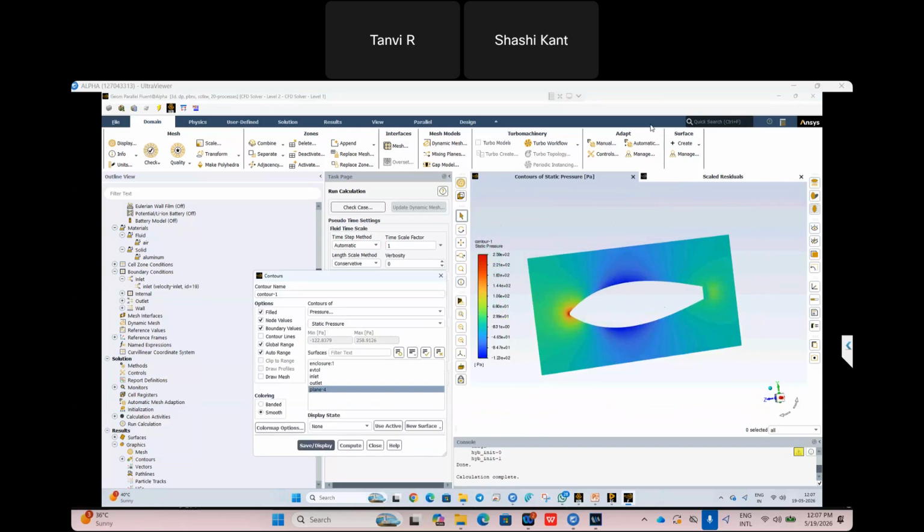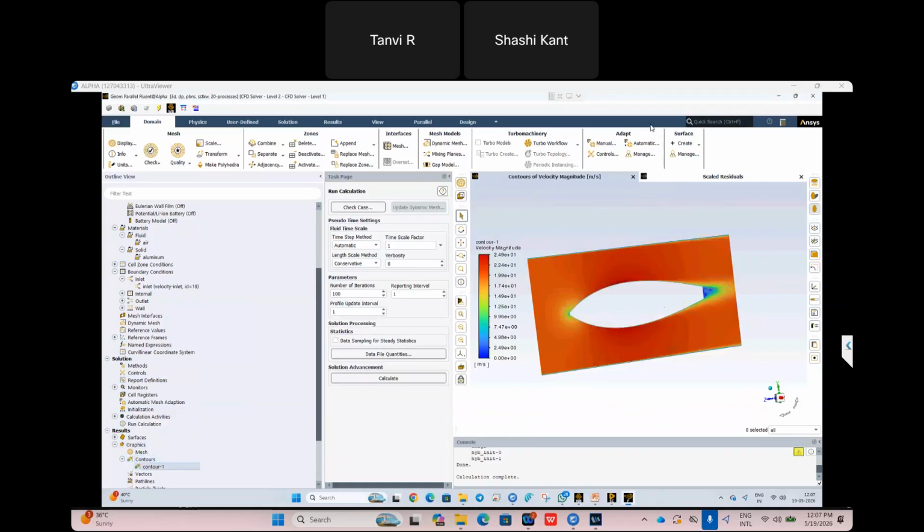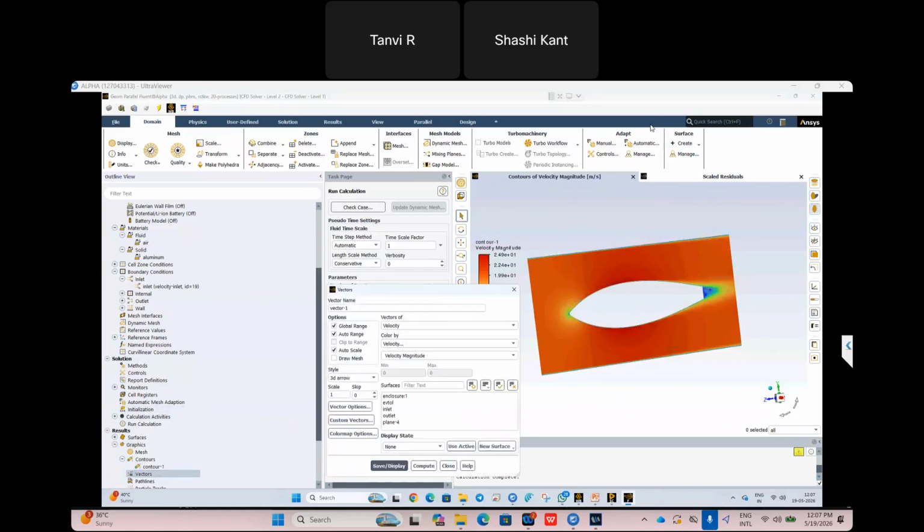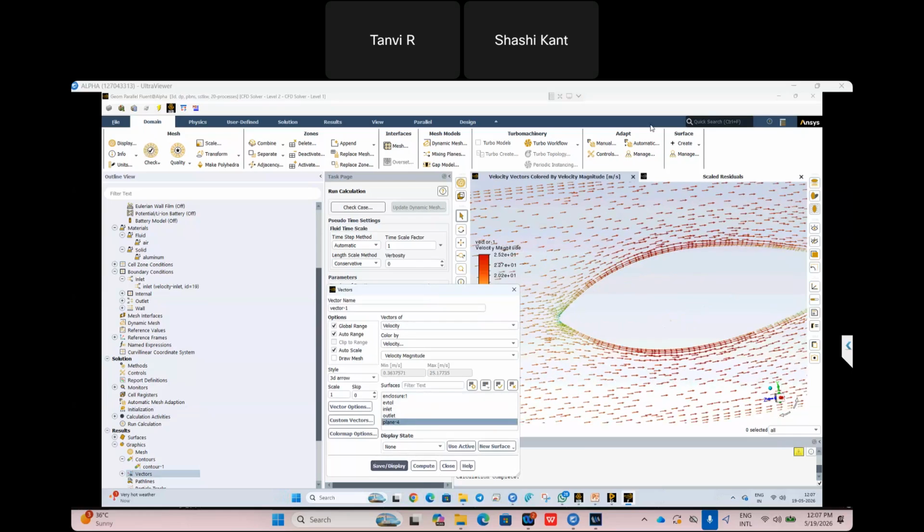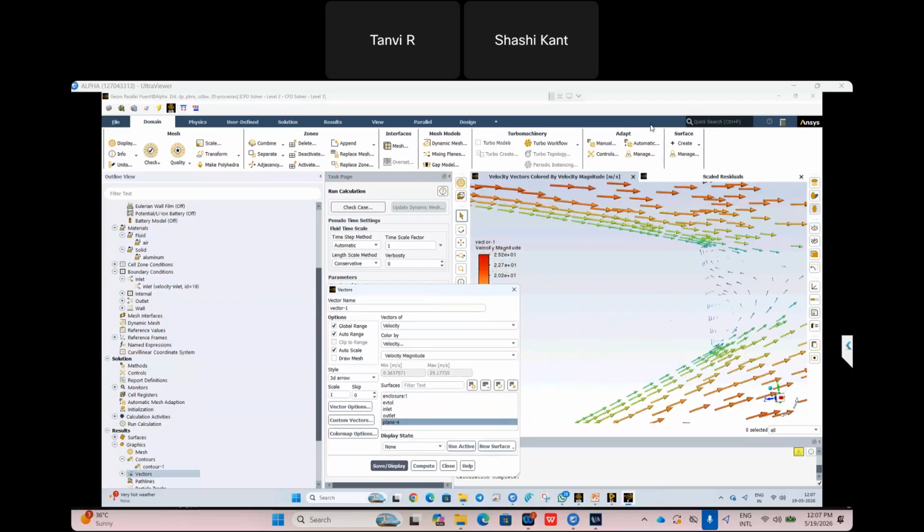Okay. And let's suppose you want to see velocity contours. You will see the velocity contours. So these things can be done. This is a rough simulation, just for an idea of the methodology. As per my experience, and what I have seen in multiple industries, the methodology is very important. If you understand the methodology, the process for the simulation, you can do the simulation very easily. But in terms of accuracy, we have some more options to follow to get higher accuracy of results. This is a vector based result. You can see the turbulence is happening here, very small.